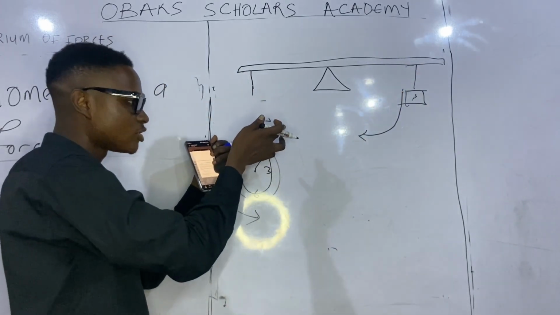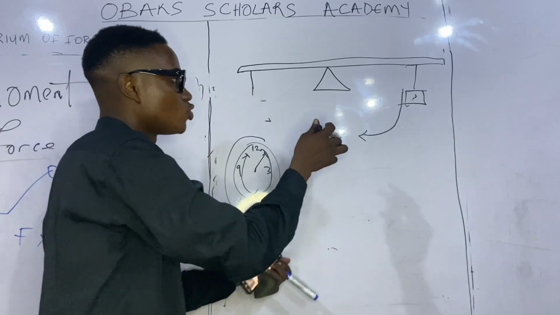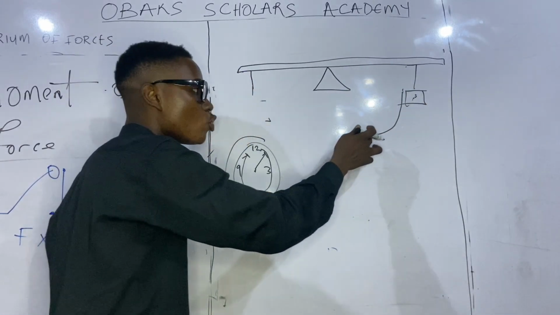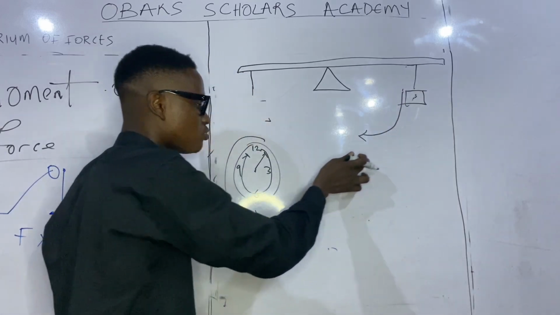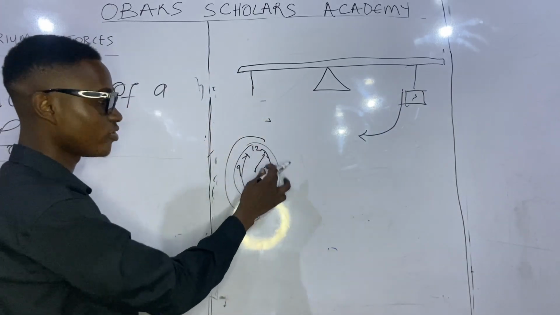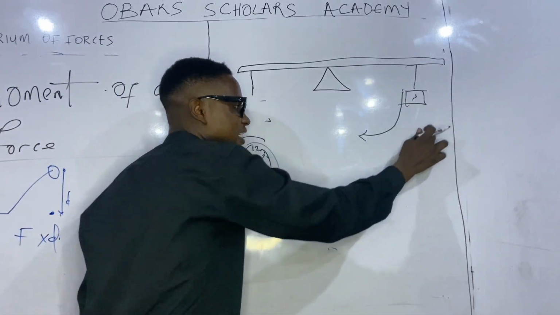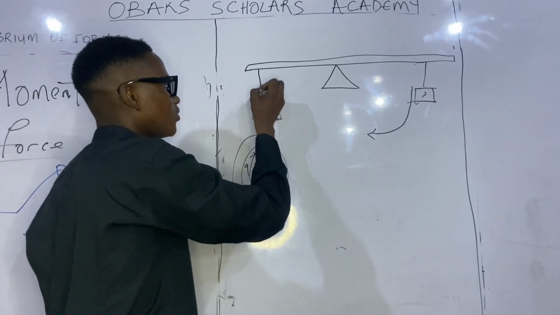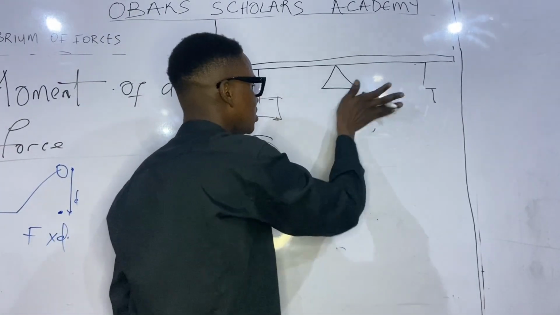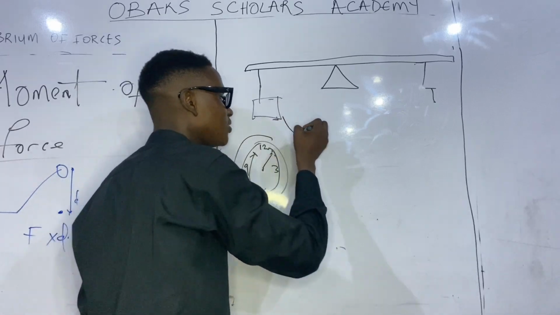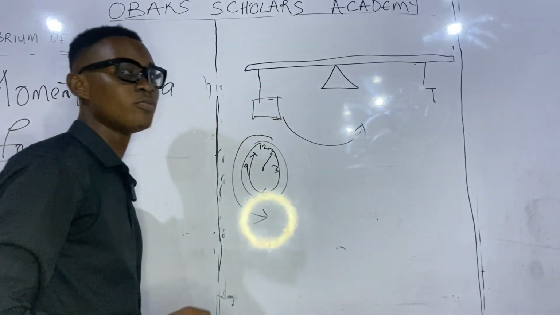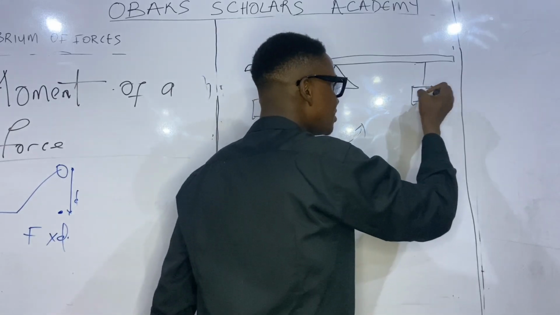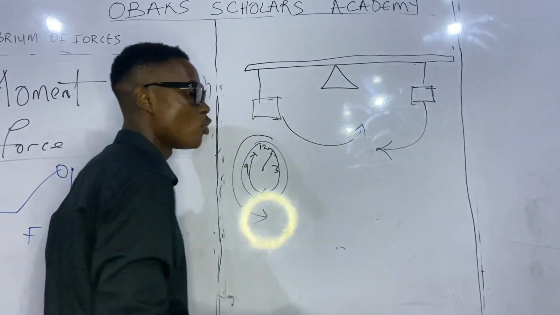So that is called a moment of a force. This is a moment, and it is clockwise. So we call this the clockwise moment, because it is going in the direction of a clock. While this one, if this one was the one that was removed, it would form the anti-clockwise moment. So this is the direction in which these two will tend to act if they want to